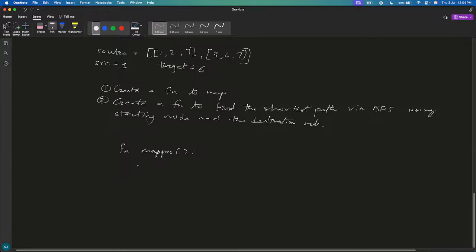To create such a thing, we'll probably create bus map. We'll create a dictionary, right? Now for route in routes, then for stops in route,